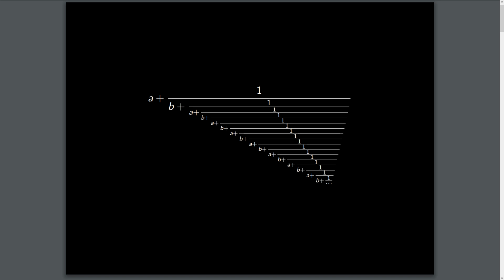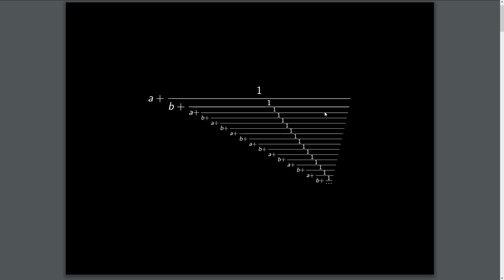In this video, we're going to be talking about this periodic continued fraction: a plus 1 divided by b plus 1 divided by a plus 1 divided by, and so on and so forth. Now, this pattern is obviously somewhat self-similar. So we have already seen that the self-similarity can be utilized to calculate values of these expressions, provided that they